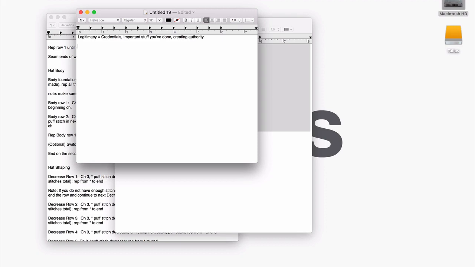So let's say that you don't have any authority, right? Let's say that this is a side thing for you and you're a stay-at-home mom most of the time. That's fine. We want to look at something that we can come up with that sounds like it's important, if you don't have anything that's actually important, right? So let's say, a way to establish authority is time spent, right? So we can say that like Jennifer